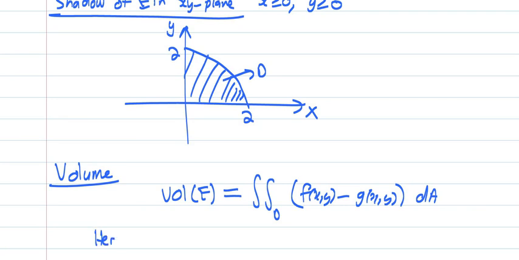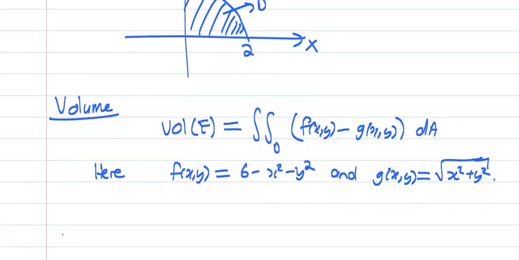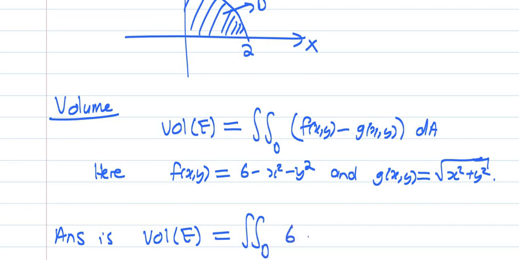Here you can clearly see that the top function is the paraboloid, z equals 6 minus x squared minus y squared, and the bottom function is the cone, z equals the square root of x squared plus y squared. So the volume of E is the double integral over region D of the top surface minus the bottom surface